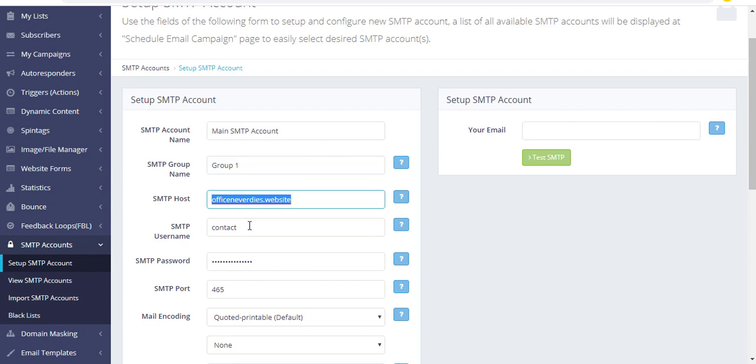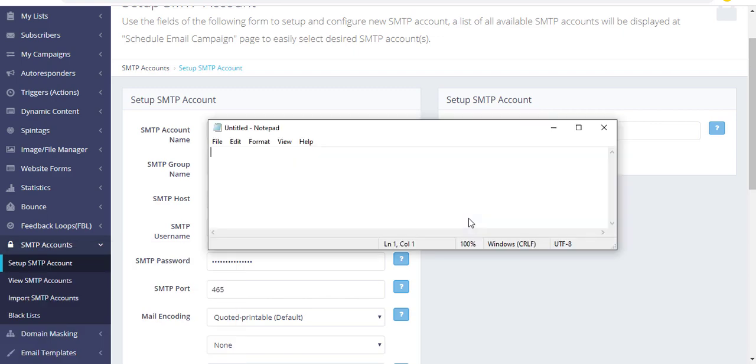Since in this case the setup is through PowerMTA, only the username is required. But in the case of Vista CP, the full name is needed, for example contact@domain.com. So in other words, generally the SMTP username is like contact@yourdomain.com.